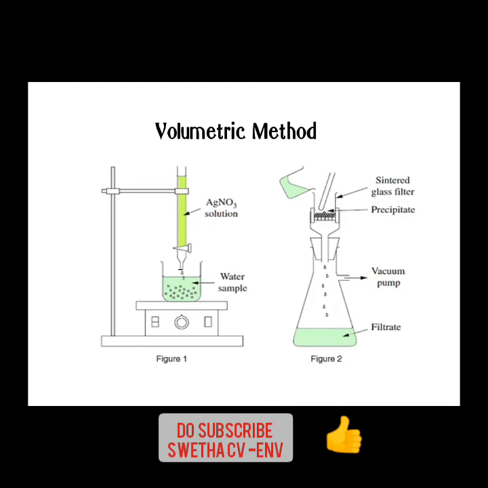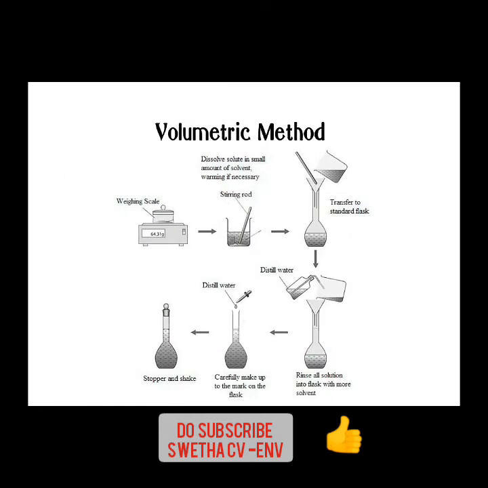So how are they going to do the sintered glass filter precipitate? Here they're shaking, and again the precipitates are obtained, then again it is sent for vacuum filtration and so on. So to get, at last, the pollutants, then they're going to measure it. You can also see, in some other usual manner of volumetric analysis, the sample is going to